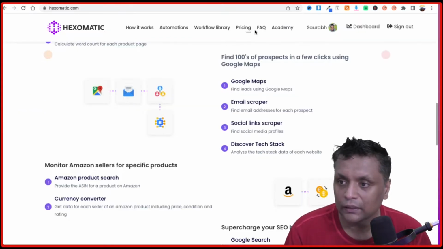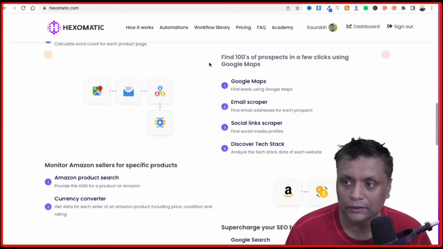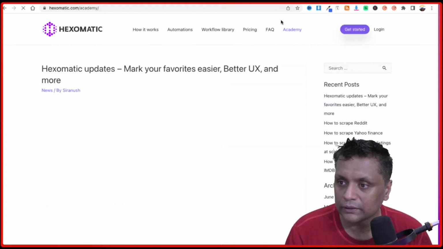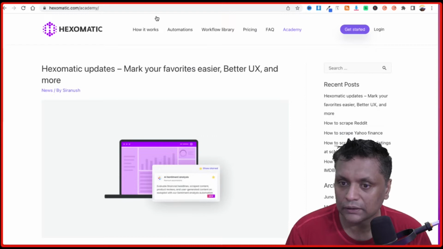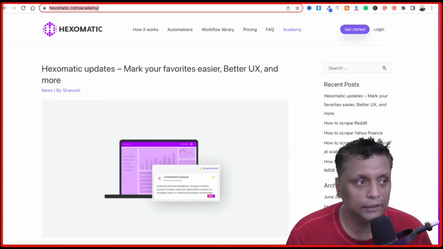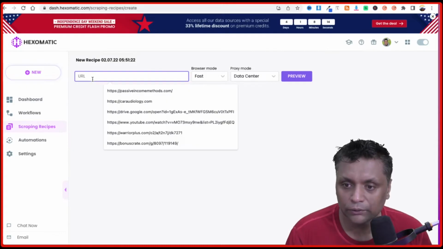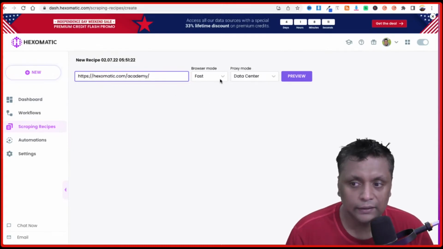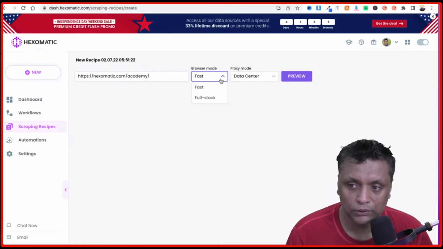So let's say we go to this Hexomatic website, tutorials. Let's open tutorials. Okay, I think this is fine, and let's use this URL and put it over here. And the next option you're going to get is a browser mode.